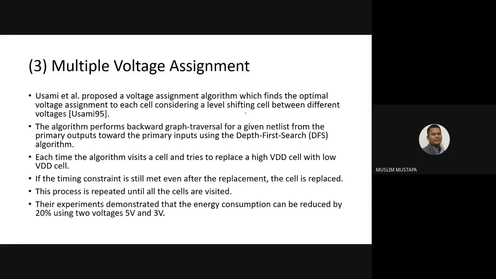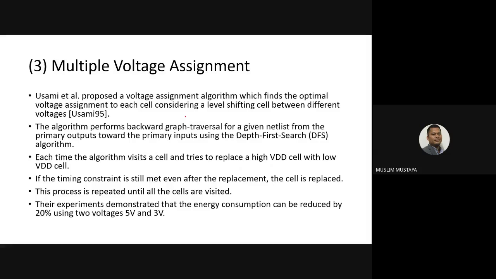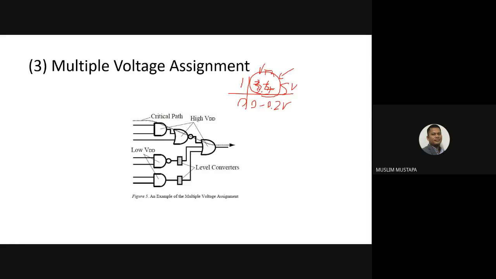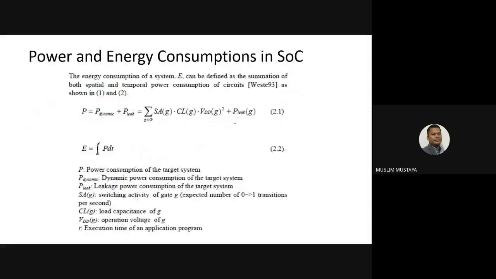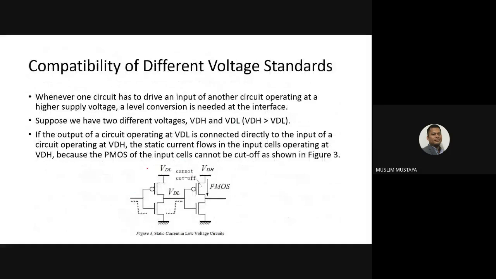So the algorithm looks into every cell and considers level shifting between voltages. Like the example I showed before, look at what the voltages are. So you can have multiple different voltage assignments to reduce